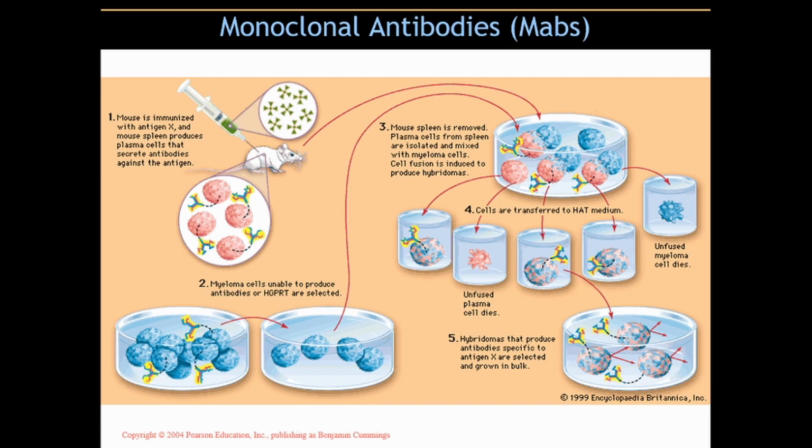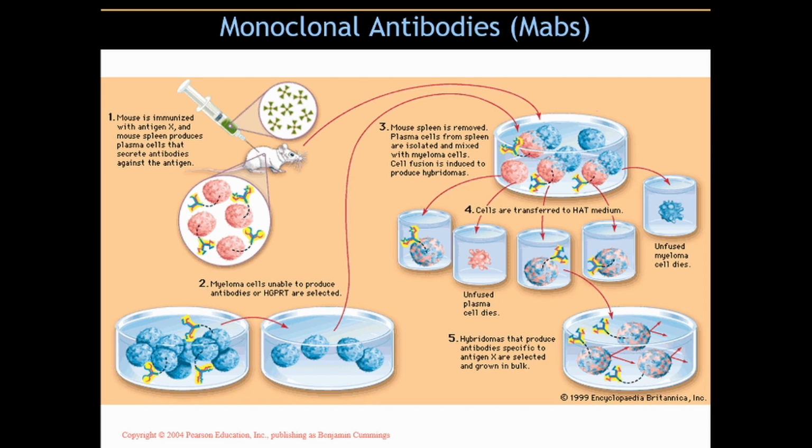These myeloma cells are cancerous B cells. These are B cells that have been induced to become cancerous because we want the rapid mitosis. We want rapid cell division. So we did step one. We immunized the mouse. The mouse is busy producing antibodies, nibbling on his food, enjoying his life while he's producing these antibodies. At the same time, we have cultured these myeloma B cells. Then comes curtains for the mouse.